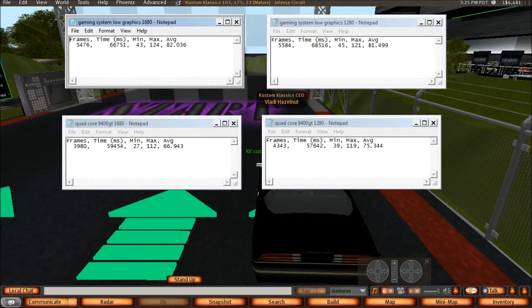Here are our results compared to the last setup we had for the computer, which was running a quad core with just an average video card. As you can see, our average frame rate for 1680 by 1050 went from 66 frames to 82 frames, and in our 1280 by 720 we've gone from 75 frames to 81 frames. Not a huge difference, but the one thing you will notice is the difference between the